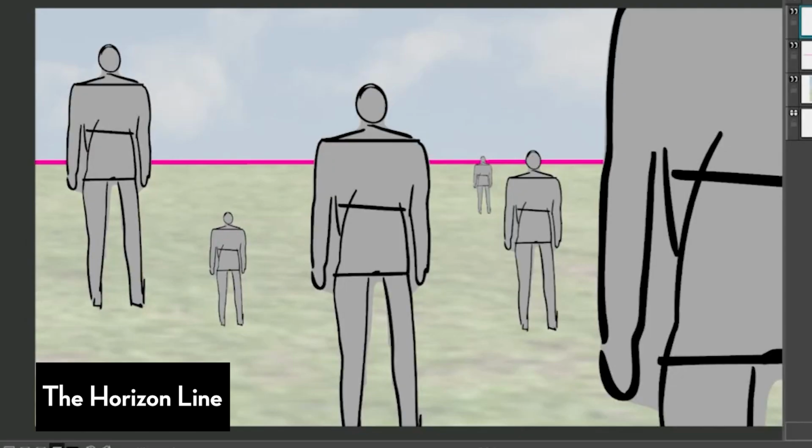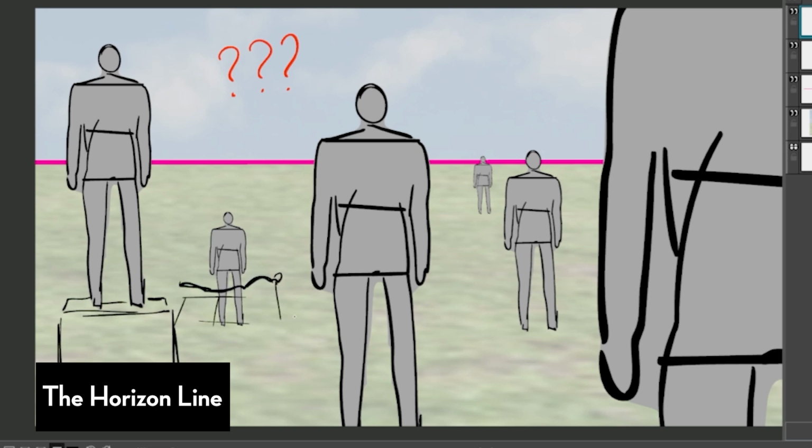If we didn't make all of our figures match body parts in the horizon line, so some on the head, some on the waist, some on the chest, we've obscured consistency. Something like this would only work if the figures are on different levels of the set, or some figures were either sitting or doing some other action that has them elevated or lower to the ground. Without a background, it's hard to determine the depth and foundation of a set.